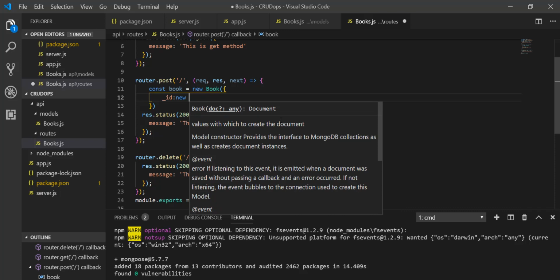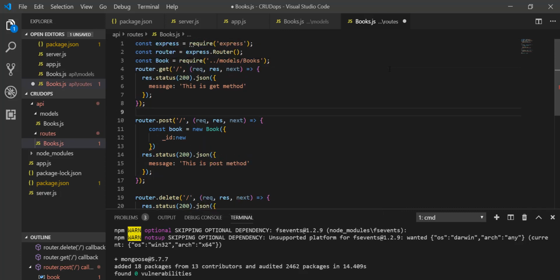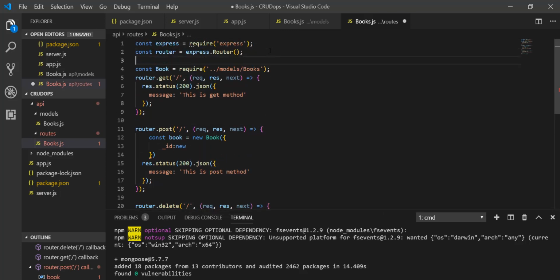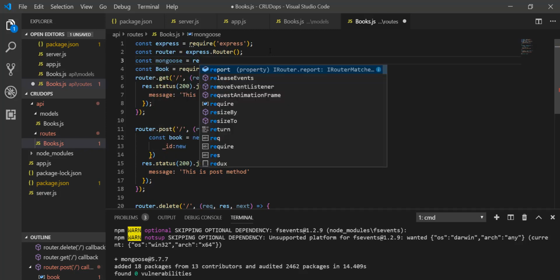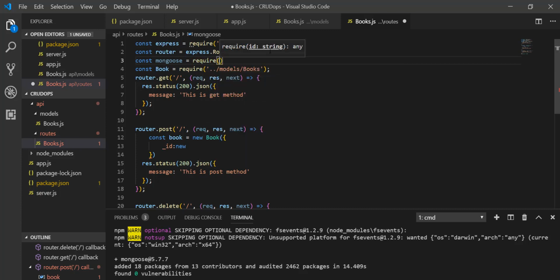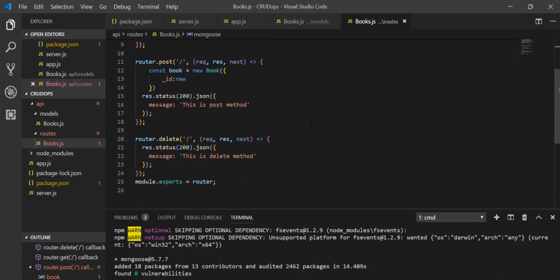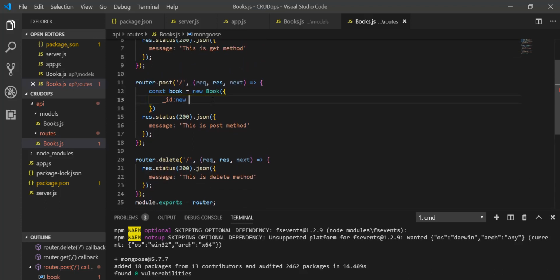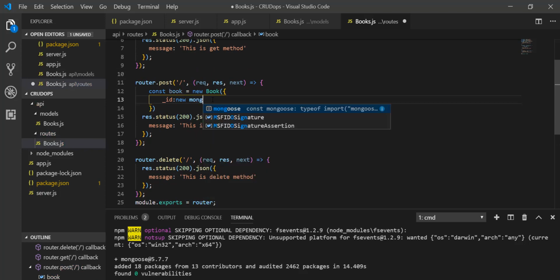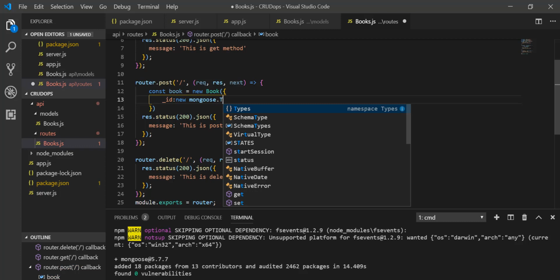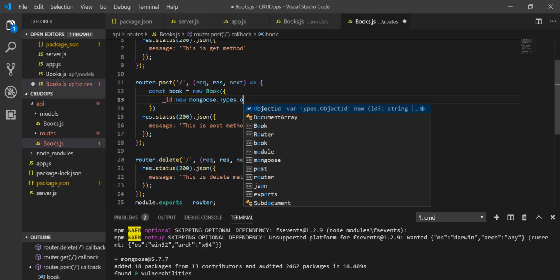First I need to import mongoose in it as well, so const mongoose is equal to require mongoose, and now use new mongoose dot types dot object ID,